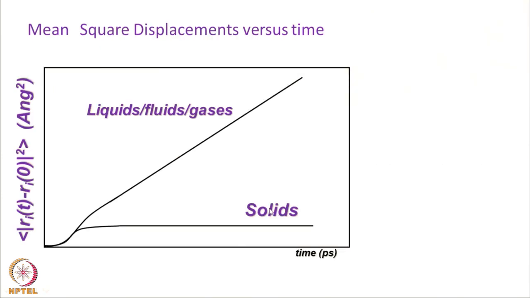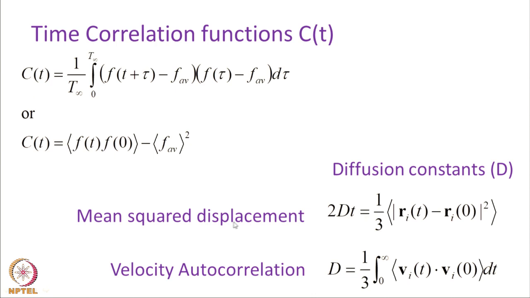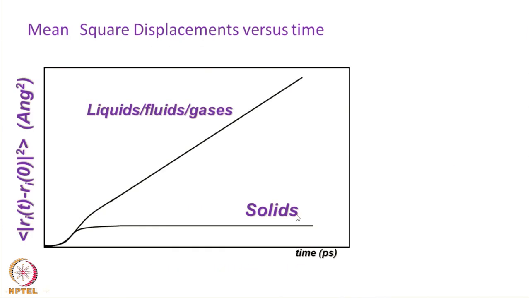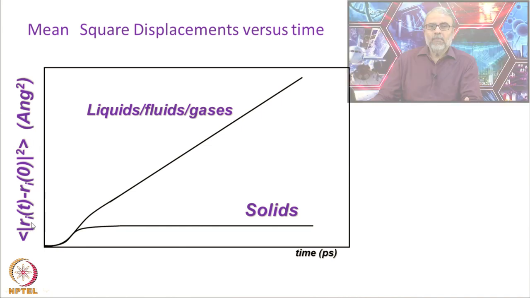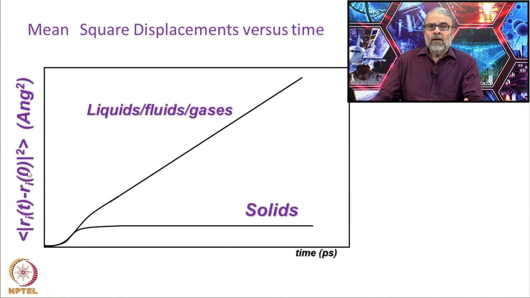But before I do that, I will show how the mean square displacement changes with time. This is given here. The mean square displacement is the value of position at a later time minus the value at an earlier time, squared and averaged. The meaning is: take the position at time 0, which is the initial position, take the position at time t, take the difference between the two, square it and average over all particles. That is the mean square displacement.